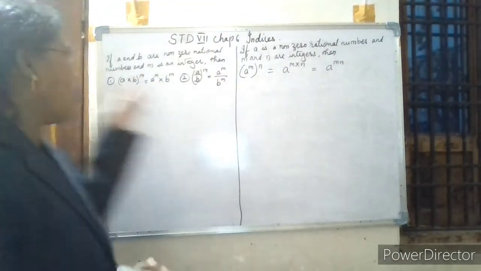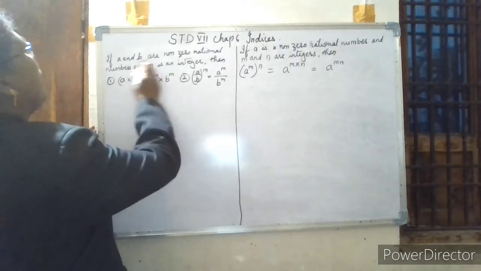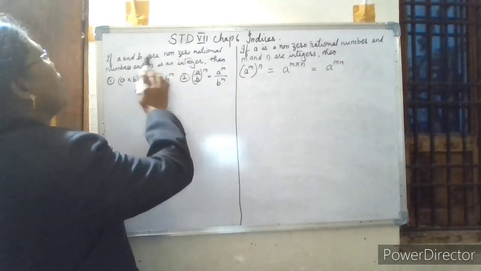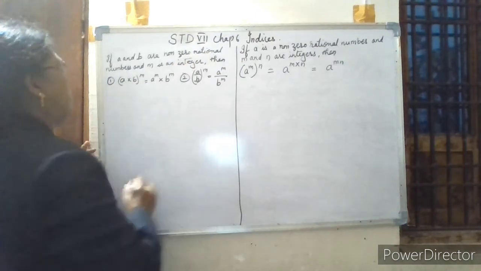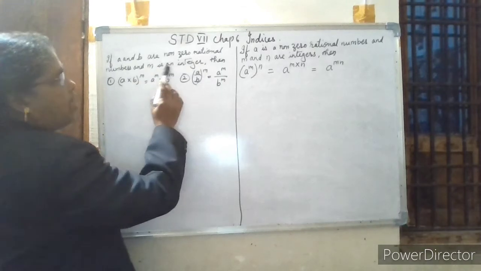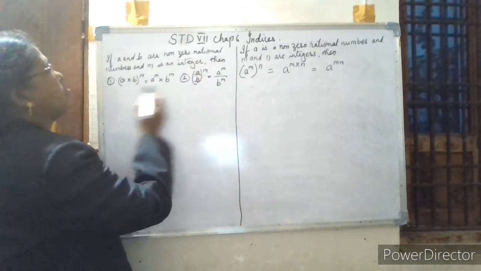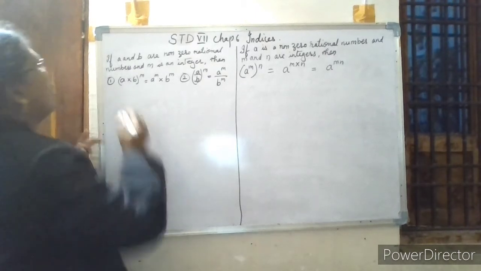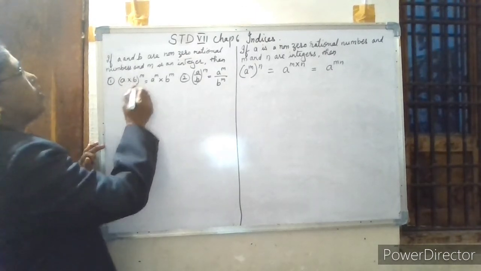The next laws of indices. If A and B are non-zero rational numbers and M is any integer, then we have two laws. A into B, the whole raised to M,